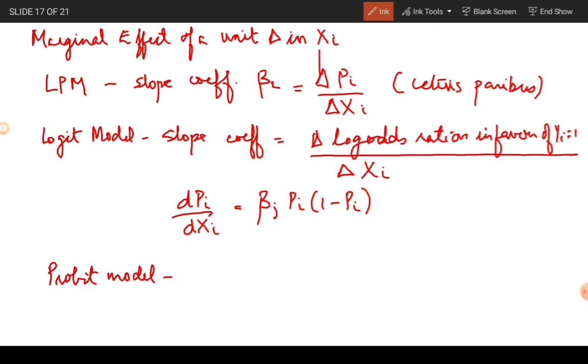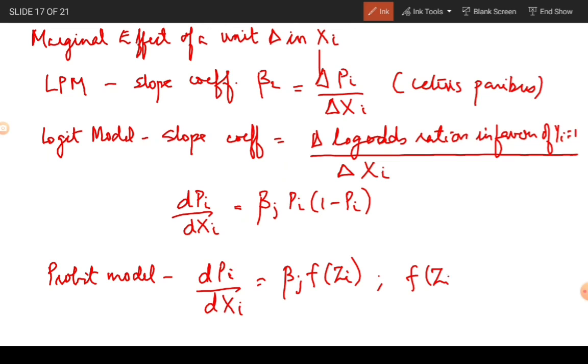In the Probit model, the rate of change of probability given a unit change in xi will be given by beta j times f of zi, where beta j again is the partial regression coefficient of the jth regressor, and f of zi is the standard normal probability density function,